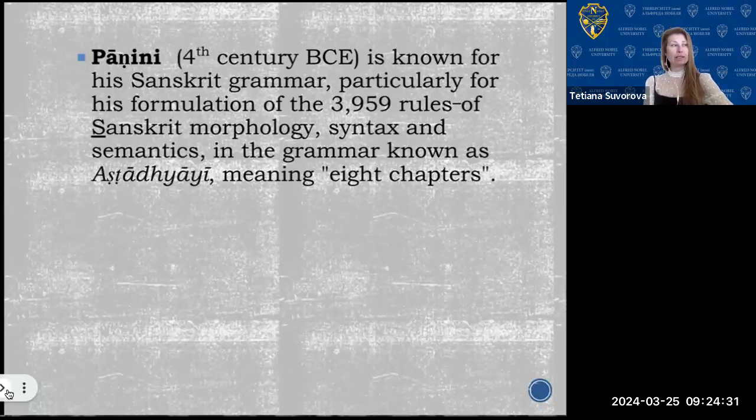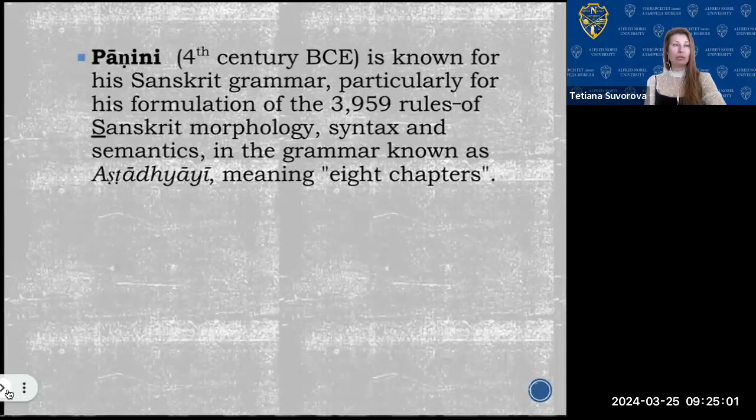Because Sanskrit and Proto-Indo-European language are the mother languages for all the Indo-European group of languages, within which we can notice and stratify other languages, group them together in families, smaller families, for example, like the Germanic group of languages